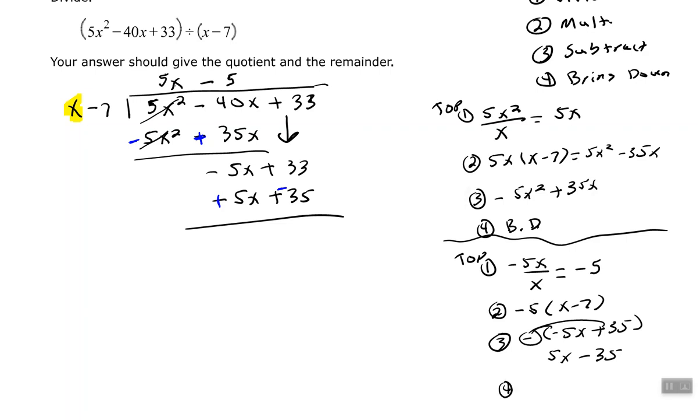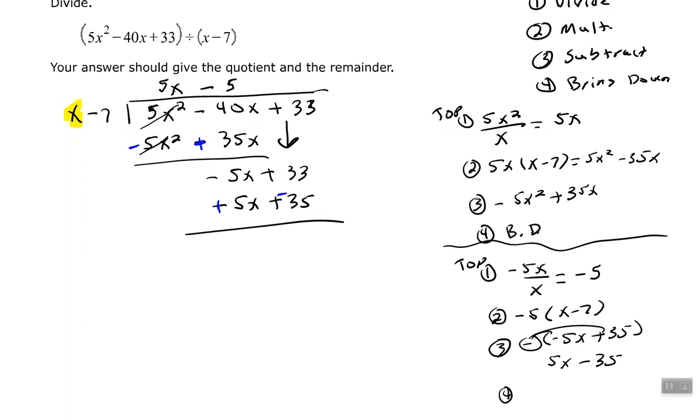All right, let's simplify by combining the like terms. Negative 5x plus 5x will cancel out as they should, and 33 plus a negative 35 will give us negative 2. So we have a remainder of negative 2. So the way we would write this answer will be 5x minus 5